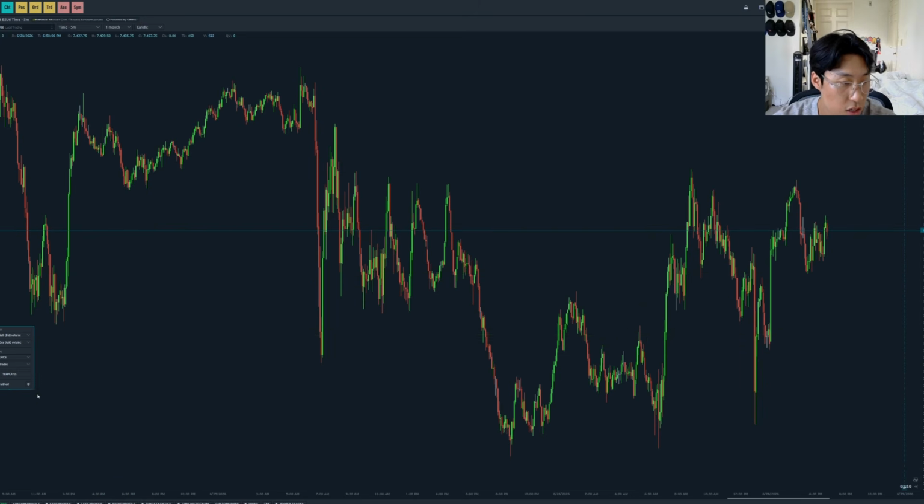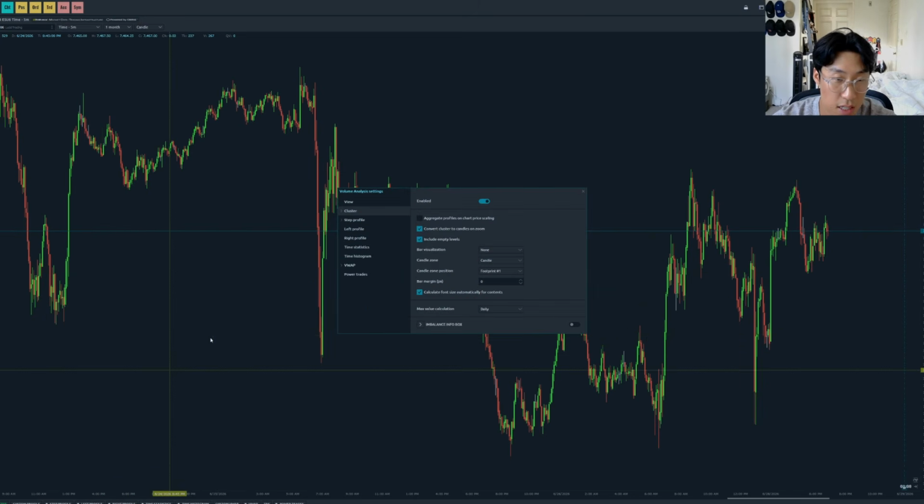But yeah, so we're just going to uncheck that, come into the settings, right? And the first thing we're going to do is enable the cluster settings here. It should be disabled, just enable that. Next thing we're going to do is uncheck the convert cluster to candles on zoom,